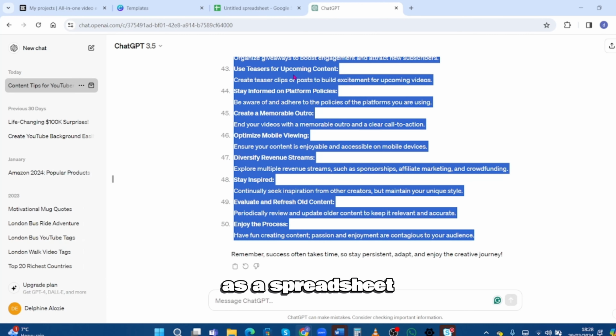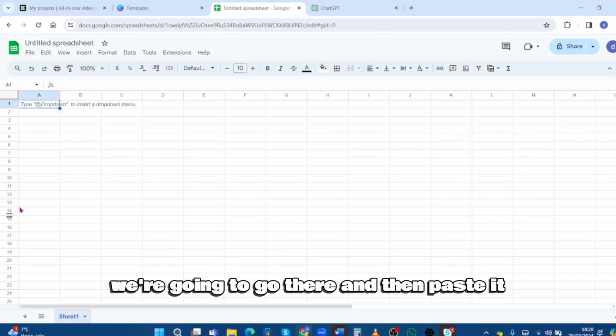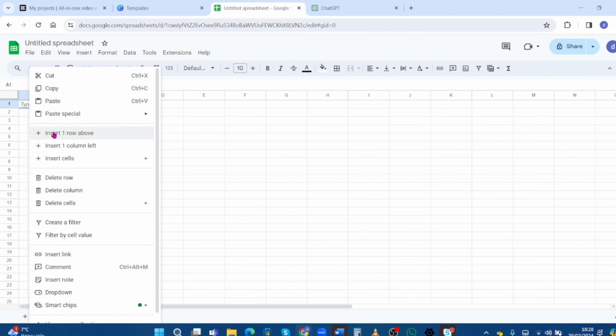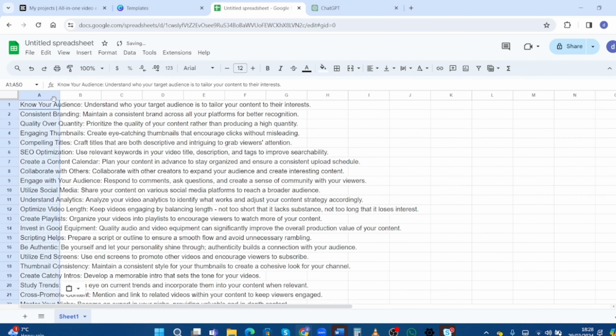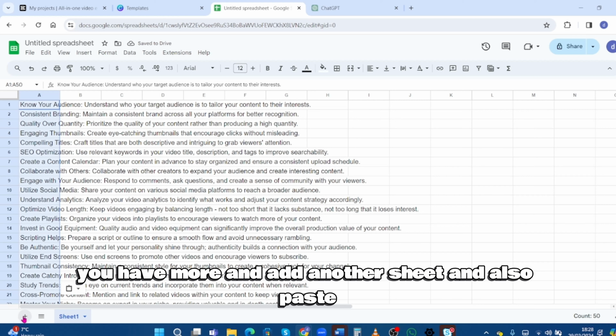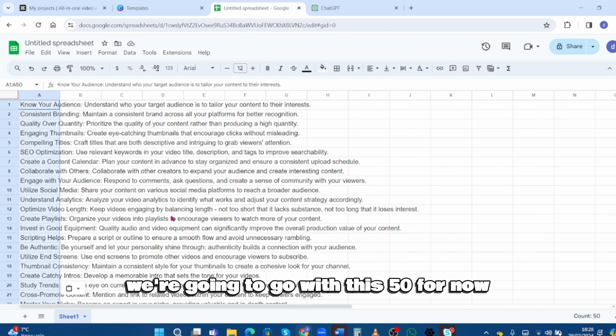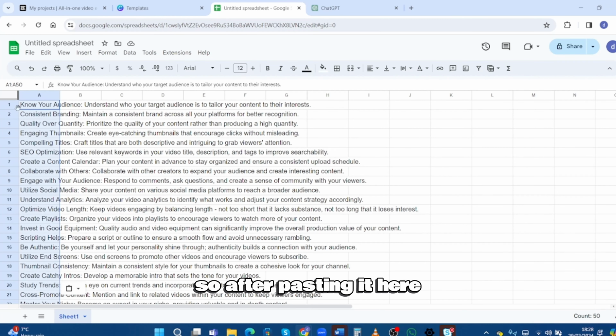That's the spreadsheet. We're going to go there and then paste it. To have more, add another sheet and also paste. So we're going to go with this 50 for now. So after pasting it here,